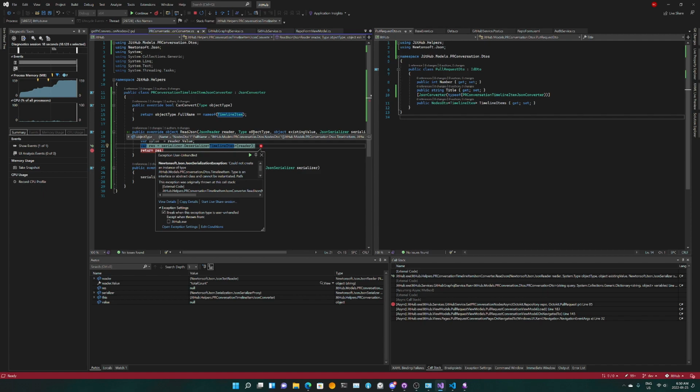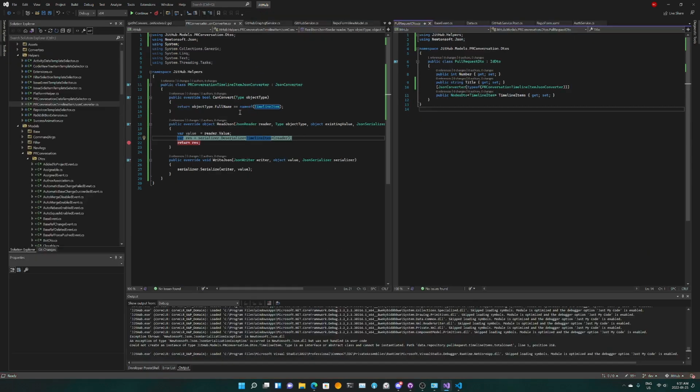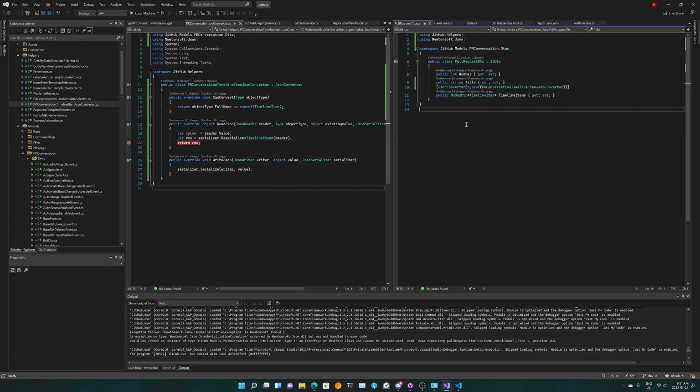So right there is our issue. It is using it on basically everything. Oh, that's why. Okay, so basically what's happening is that we're trying to use this converter on timeline item, but what we actually are using it on is nodes DTO, which I did not realize up until this point.